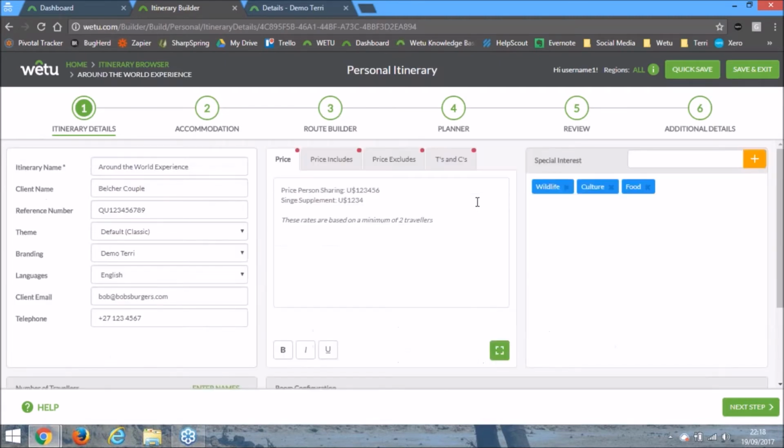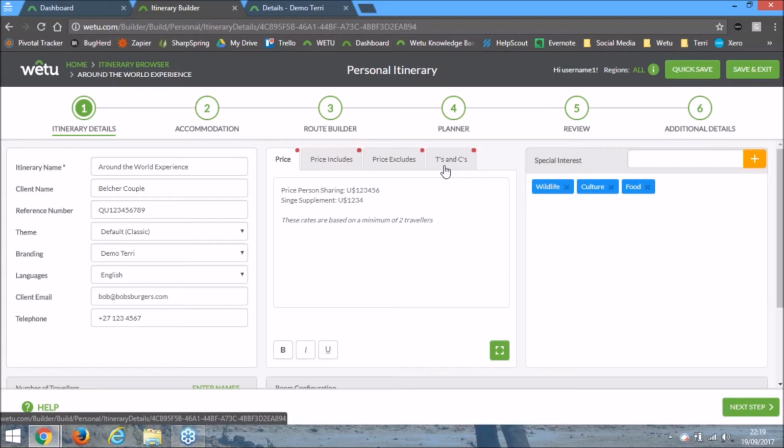On all of our text fields, we have now introduced these little notification icons in the top corners, so that you can be aware of when there is text sitting behind that tab. Again, we found that a number of people make copies of their itineraries, and in changing things and trying to get it out as quickly as possible, in some cases they forgot to check behind every tab and make sure that they removed any notes that were no longer applicable